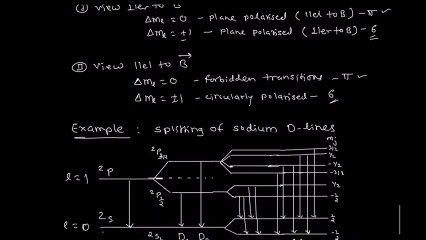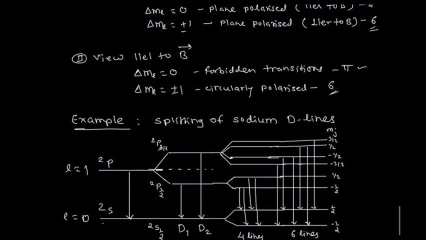That is shown here. If we suppose L0 means it is doublet S half state in presence of magnetic field in anomalous Zeeman effect, it gets splitted into two lines. Now how we get it is two lines? Since the magnetic